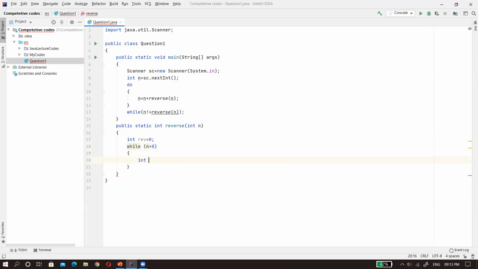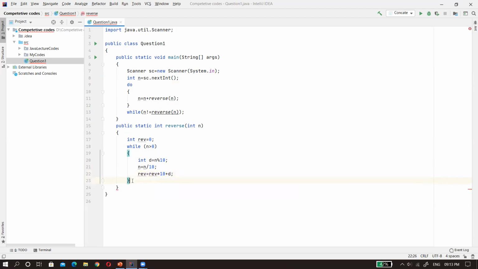We have to first extract the digit from last, so digit is equal to n mod 10. Next we have to update the value of n with n by 10. Lastly, we have to update the value of reverse to add the digit which we have extracted in d. So reverse is equal to reverse multiplied by 10, then we can add d.